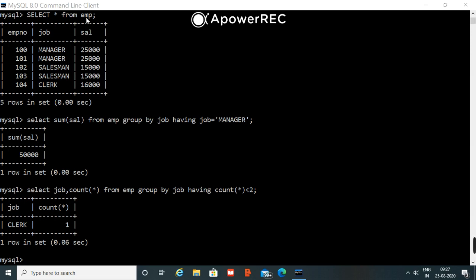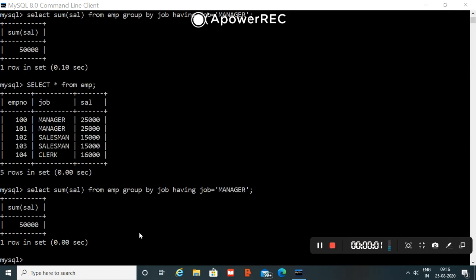One will display the total salary of the manager, showing the job designation manager and how much salary for all the managers. Another will show me the job where I have fewer than 2 employees.